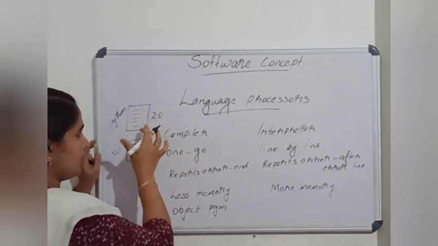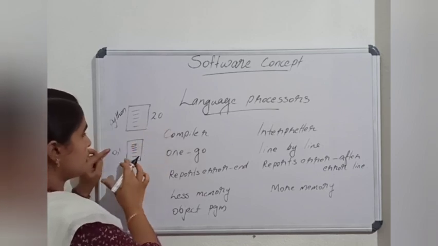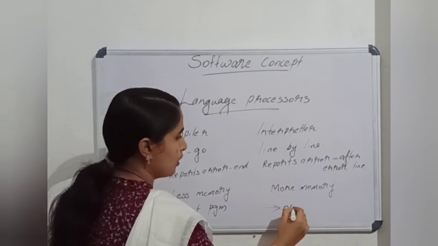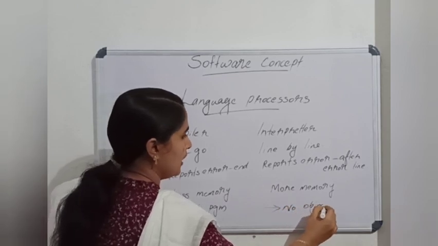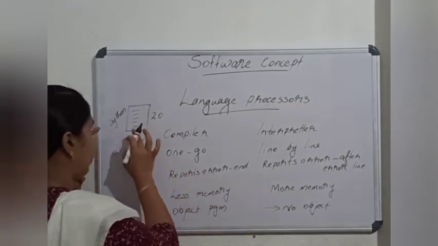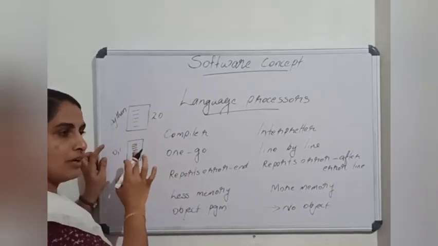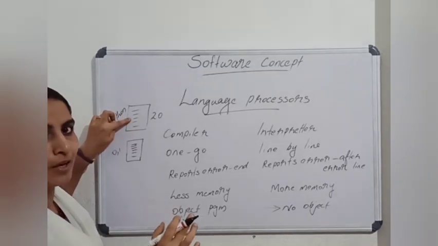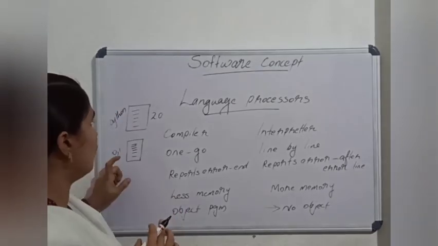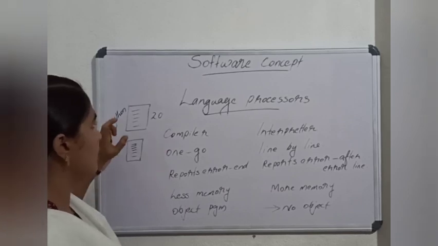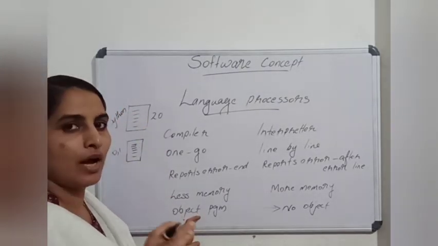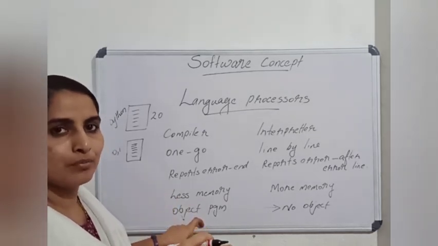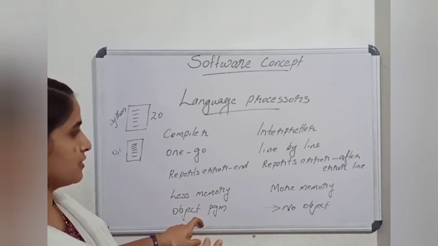Suppose there is no error at all, then also it is not creating any object program. So at the next execution time too, I need the interpreter and my Python program in computer memory because there is no intermediate file creation. But in the case of a compiler, it creates an object program, so I do not need the compiler to be loaded in computer memory. I hope the difference is clear.